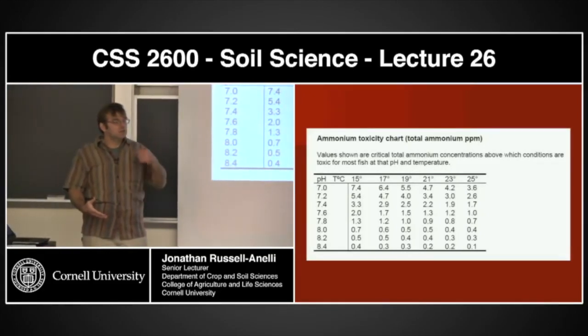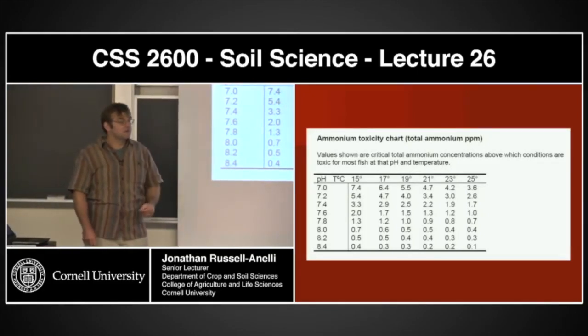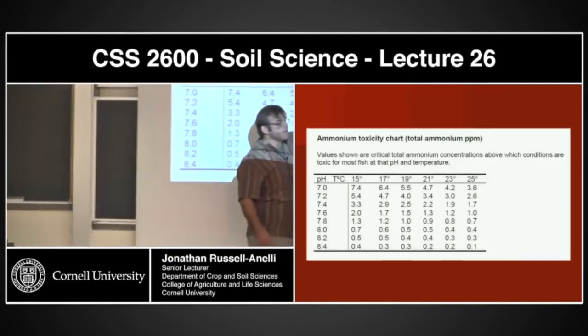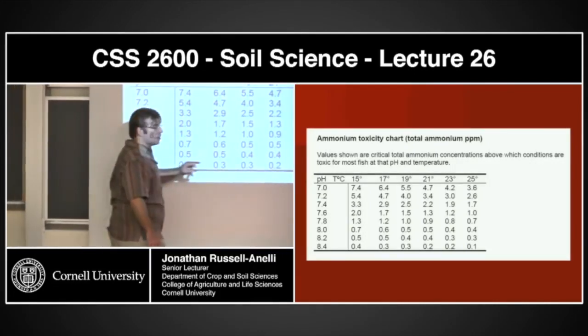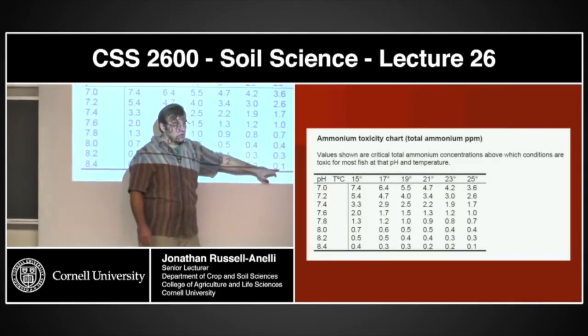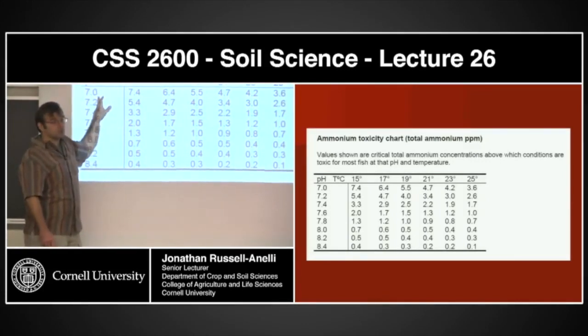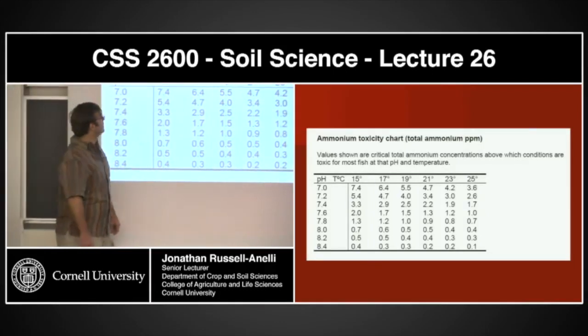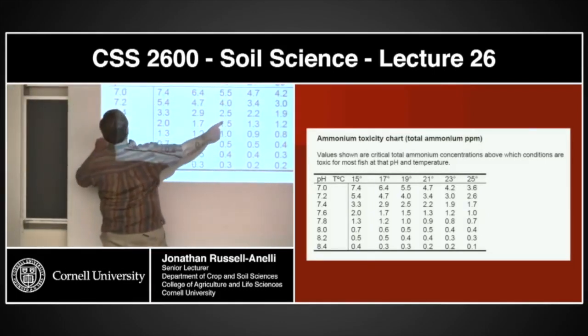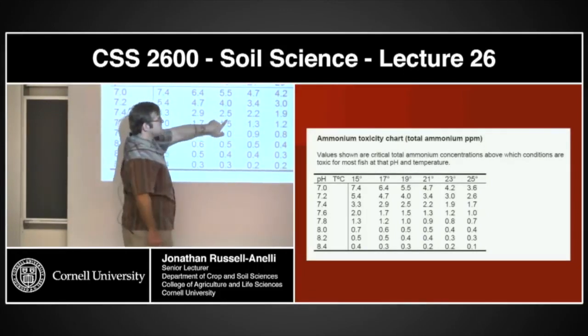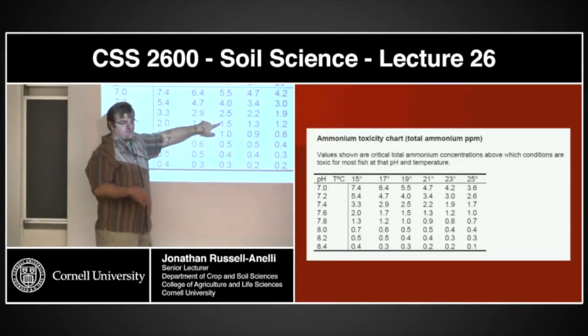Wait, so are you saying that a lower concentration is more toxic to the fish? At higher temperatures and higher pHs, a lower parts per million in the water is just as toxic to fish as a higher concentration at a lower temperature and a lower pH. Kind of one's like 19 degrees and 7.6 pH. If the concentration is less than 1.5, they're fine. If it's greater than 1.5, they're dying. Does that make sense?